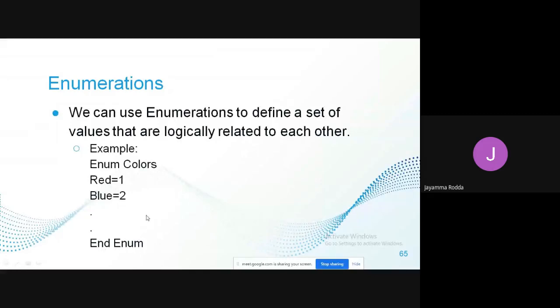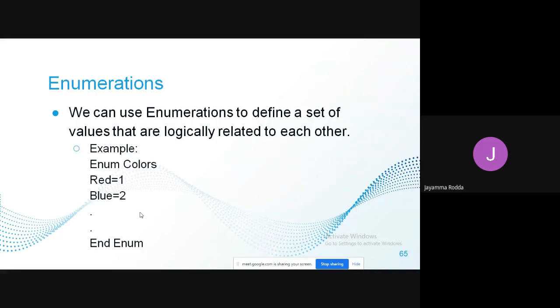So what is this enumeration? They are user-defined data types that are used to assign numbers to names. So rather than using the names of the colors, once these numbers are defined with the specific values, you can directly use those values. Using those values, you can say which color it is. Nothing but these values, Red and Blue, are given the numbers.